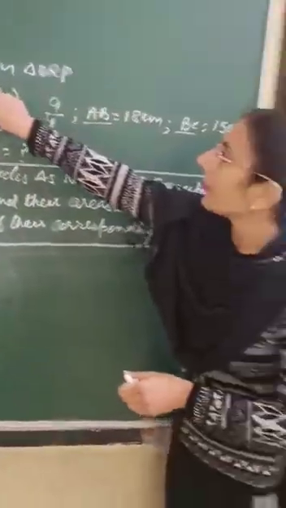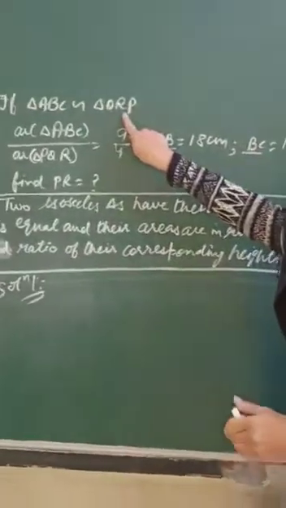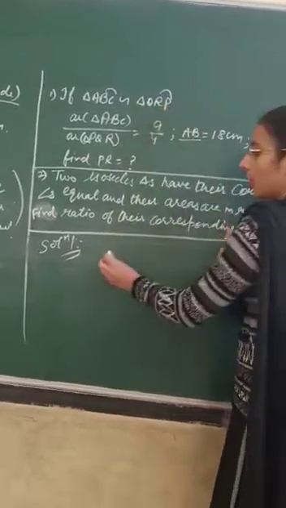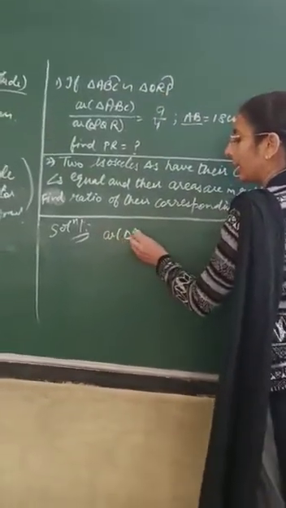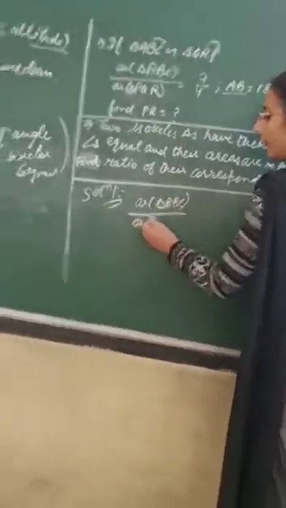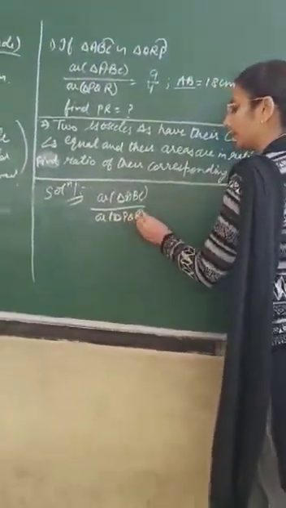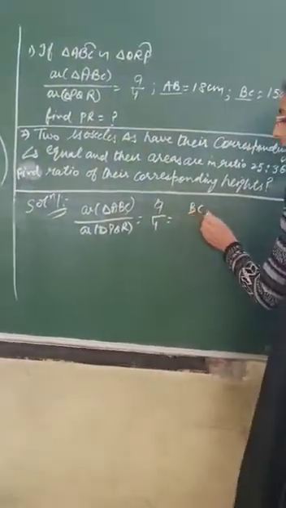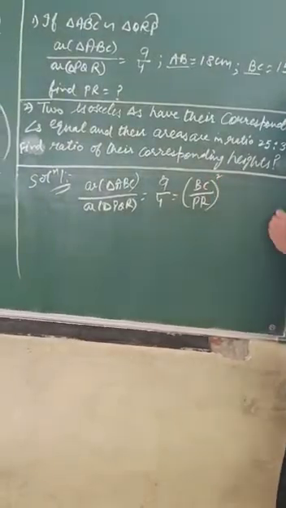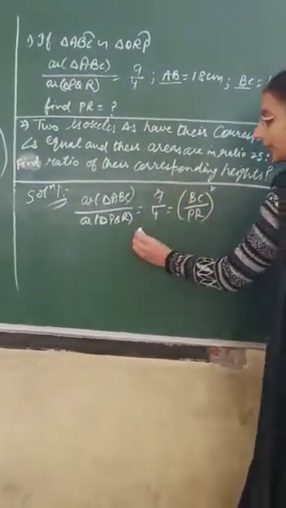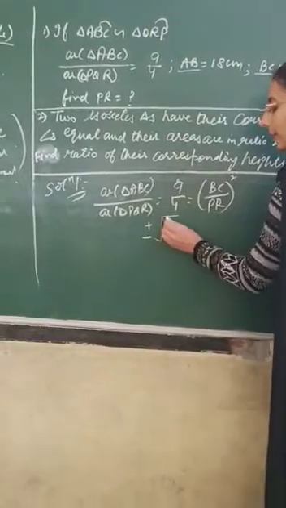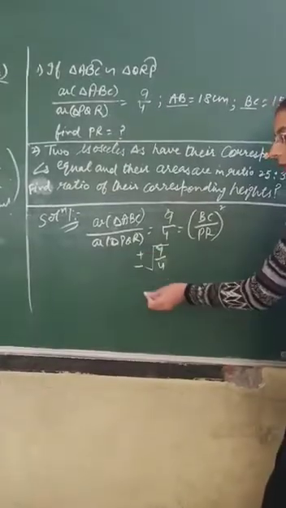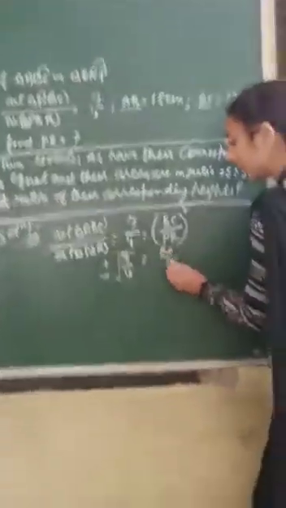Directly you can see here the triangle ABC is similar to the QRP. So we can see here BC corresponds to RP, which we have to find out. So we can write here area of triangle ABC upon area of triangle PQR, which is equal to 9/4, it is given, which is BC upon PR, squared also we can say, right? This square goes on this one side with the positive and negative sign, but we will take only the positive sign because it is a length measurement. Okay, so BC upon PR.